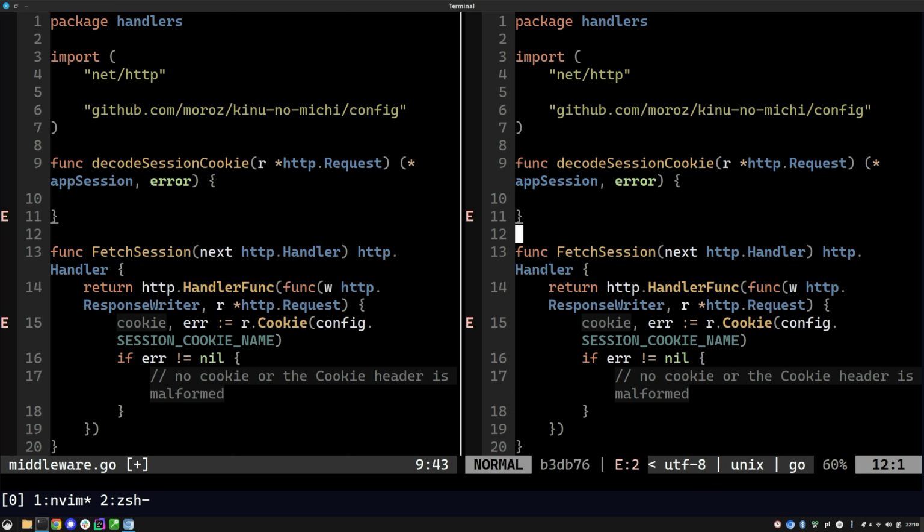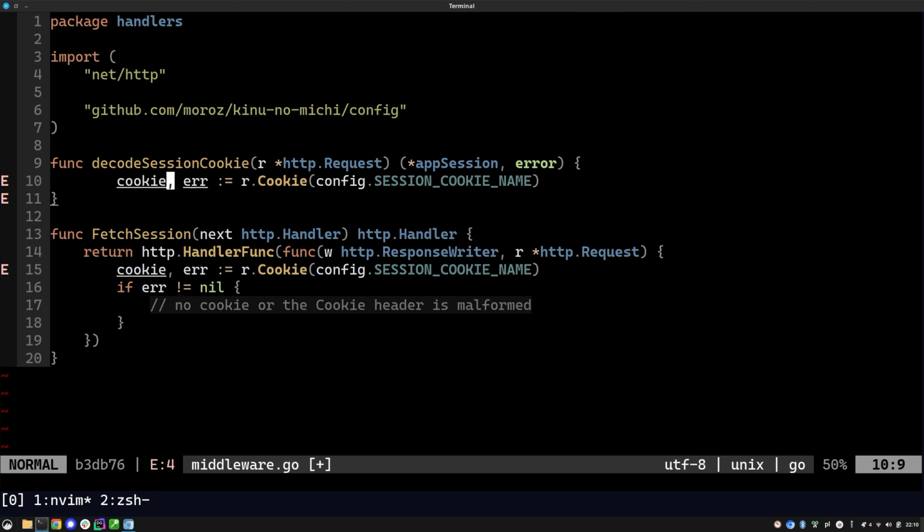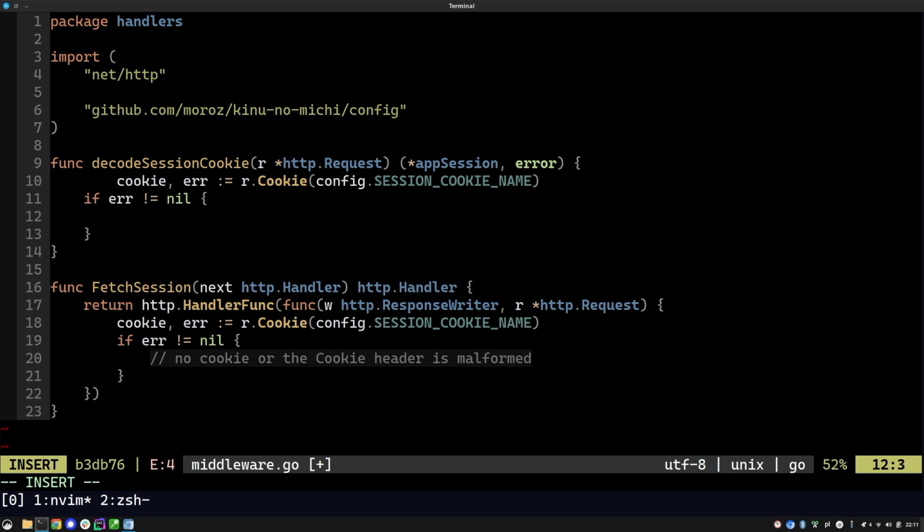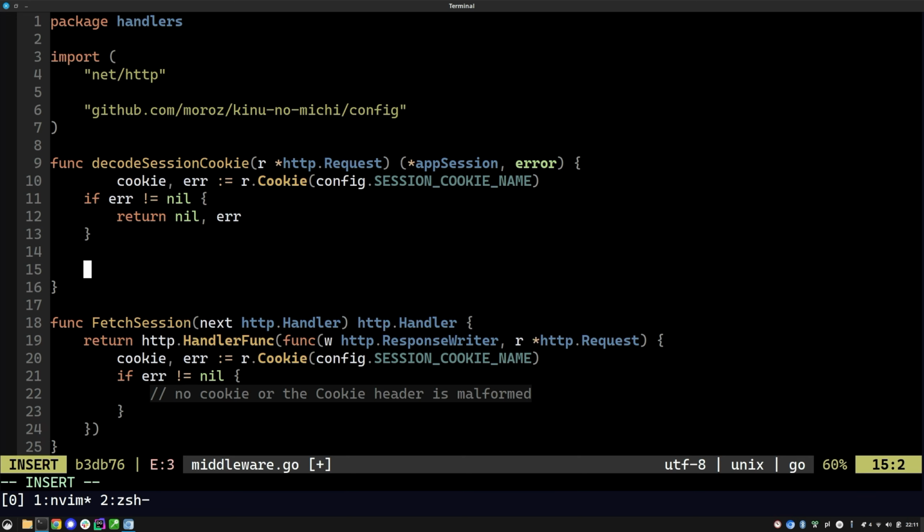So first we fetch this cookie from the request. If there was an error, that means that the cookie does not exist or is malformed, and we return nil and the error. The next thing we're going to want to do is decode the binary,